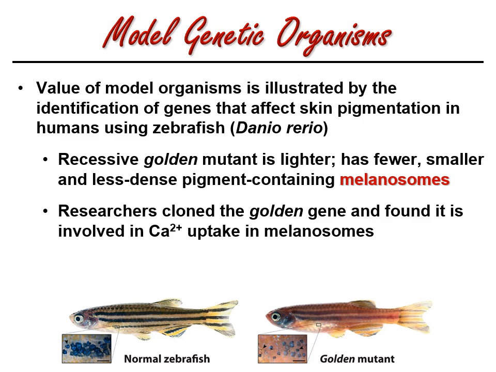All right, so now they've cloned this gene that is responsible for the lack of pigmentation in the golden mutant of zebrafish. Zebrafish are vertebrates. They are phylum Chordata just like we are. And so now you could say, since we have the human genome, let's take this gene sequence and do a BLAST, a basic local alignment search. We could essentially take the sequence and blast it against the human genome, and see if anything